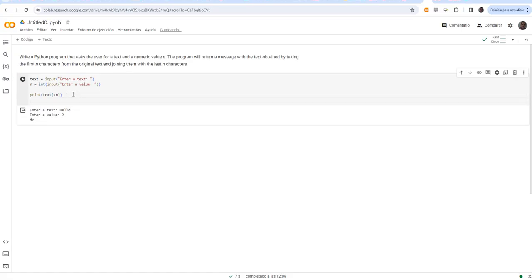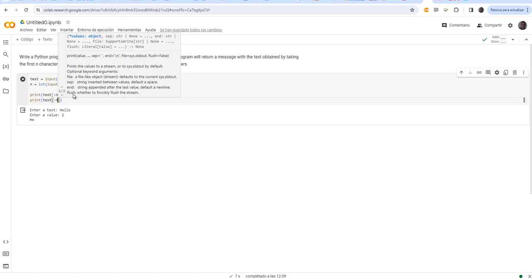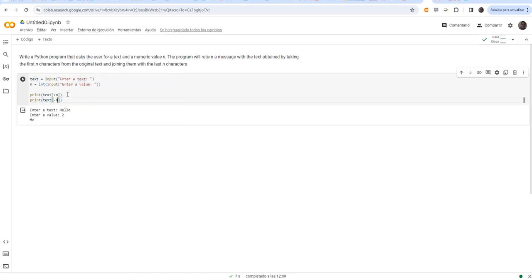In this case, we can print text between -n, in this case -2, and until the end. So if we put hello and we put 2, the last two characters are these ones.